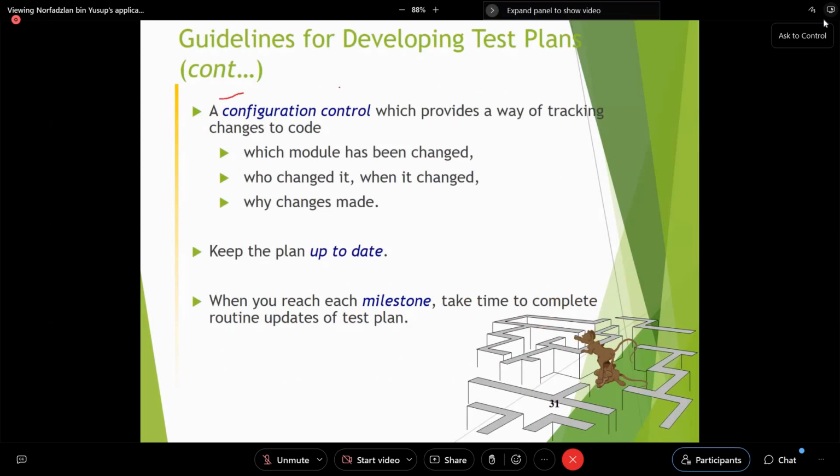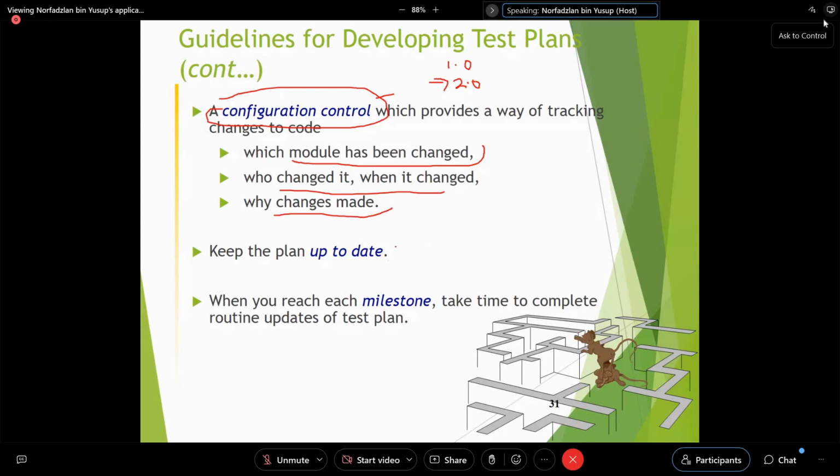Okay, configuration controls. This is basically the versions of the test plans. So sometimes we need to come up with configuration controls. For example, 1.0 is the first version of the test plans. And if we have to make some modifications to this test plan, we can come up with version 2.0, for example. So this is what we call the configuration controls, which mention how the model has been changed, who made these changes, and also explanations of why the changes have been made in the system. So all of this will be put in what we call the test plans, and then we need to